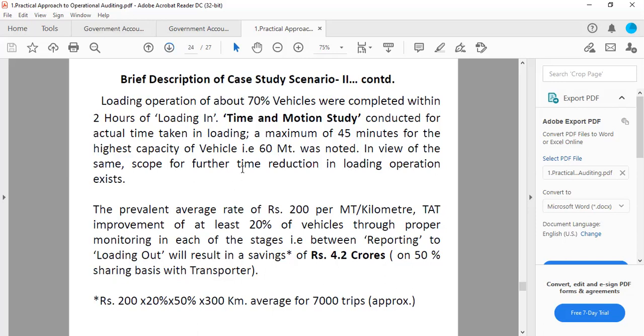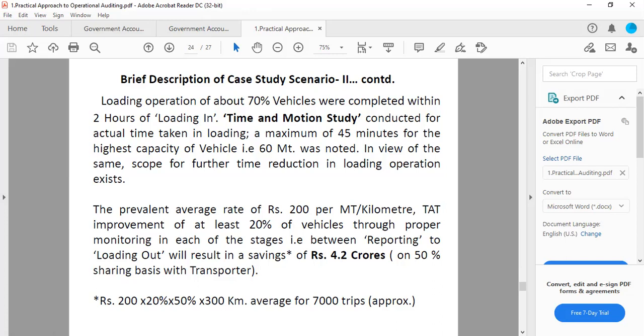And then they wanted to scope for further time reduction in loading operation. So this is the prevalent average rate. You have 200, then 20%, and then 50% for the savings, multiplied by 300 kilometers average for 7,000 trips